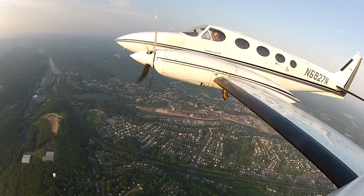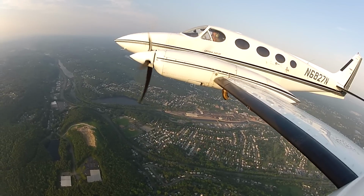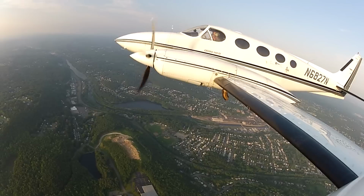You're saying you wouldn't do the gear? No, I wouldn't do the rest of the flaps. Yeah, do the gear. Yeah. Might as well make it realistic. I was gonna say, glide slope was not...